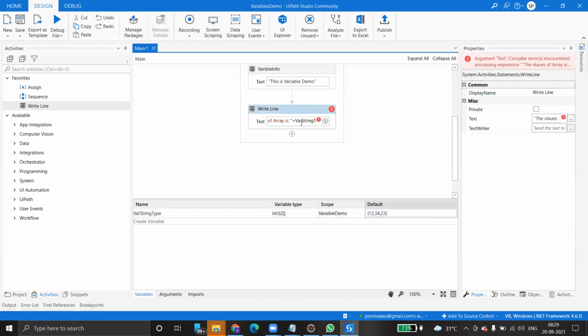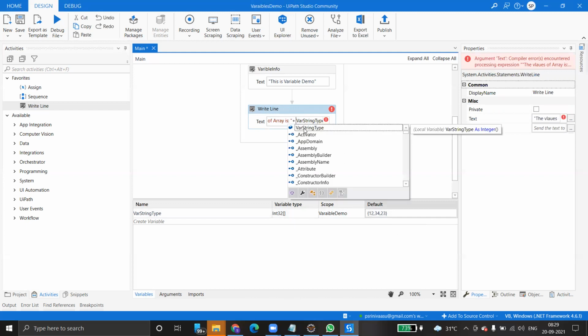So there is an encountered expression error: the value of array plus is not defined for the type string. What you have to do is, this is actually a string type, but here we are using the plus symbol, that's why we are getting an error.